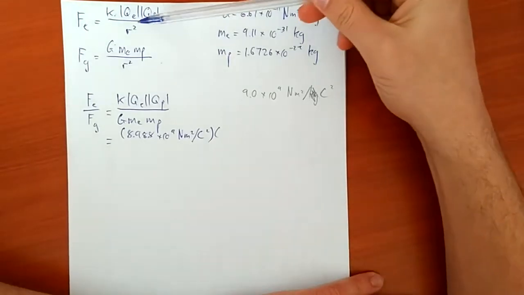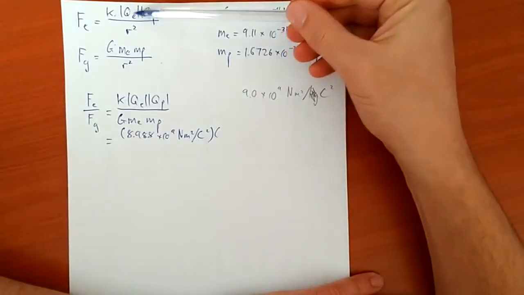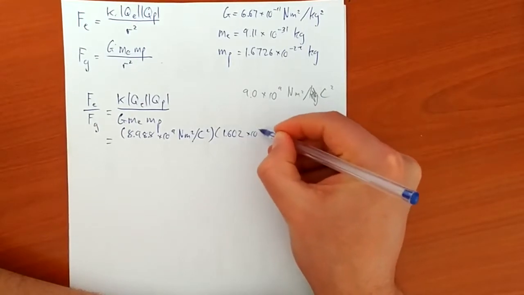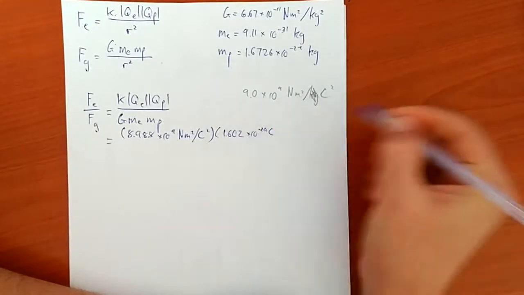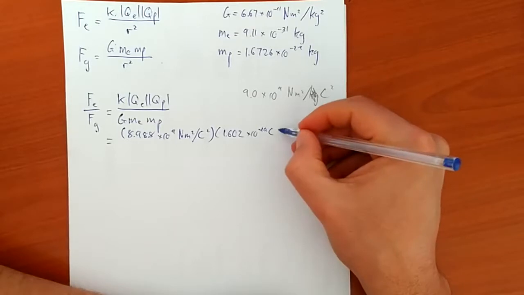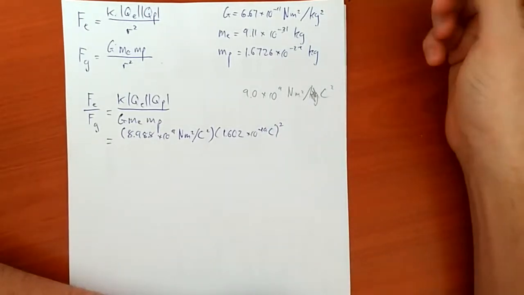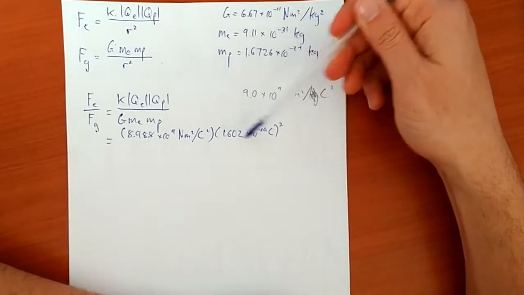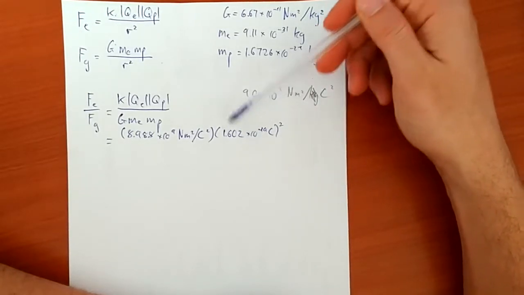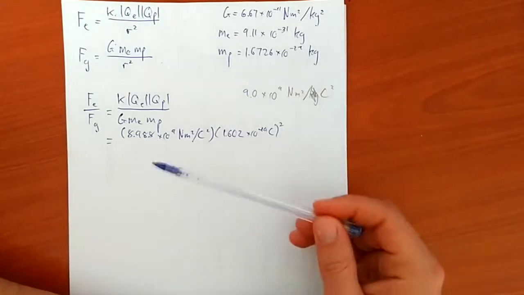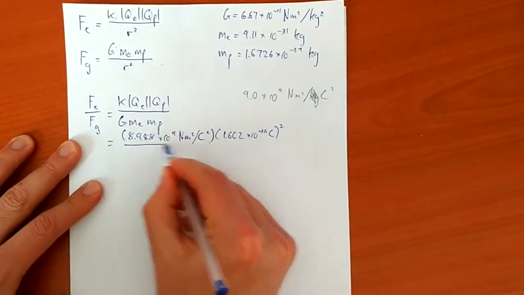Okay, so what is the absolute value of the charge of the electron? This is just 1.602 times 10 to the minus 19 coulombs. This is the absolute value of the charge on the electron. The absolute value of the charge on the proton is the same, so it is this squared. And let's see, I also use 1.602 instead of just 1.6 times 10 to the minus 19, for the same reason that I use this k instead of that one. Okay, divided by